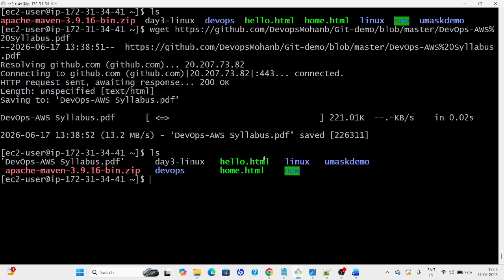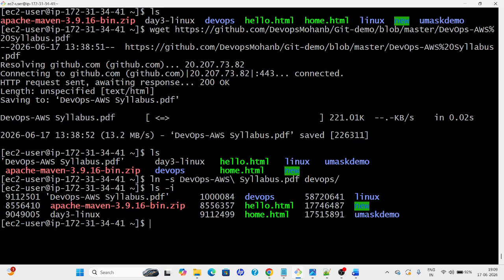See, I have downloaded this particular DevOps AWS syllabus. Now I am going to create a soft link for that: ln -s, and I will give the DevOps syllabus and then the path. Then ls -i. This one is 9112501, and if I go inside and execute the command ls -ltr